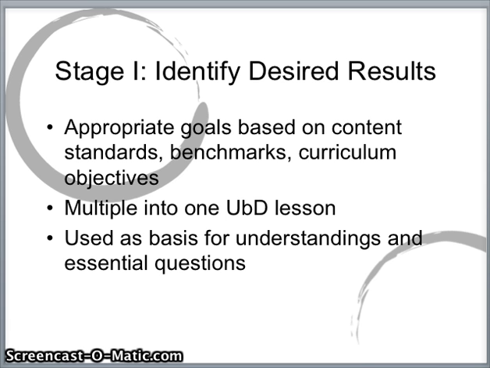Okay, overview, Stage 1. Here's where you can start with your appropriate goals. All of your districts have standards and objectives, benchmarks that you need to meet. A lot of you talked about having standardized all of this curriculum. That is okay. You can start with that information, start with your standards, what it is that the students will need to know. It's at this point that you need to convert it into Stage 1 of the UBD model. What are the understandings that you want your students to know and be able to do as a result of